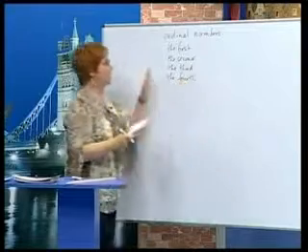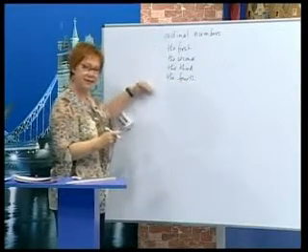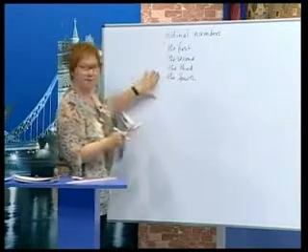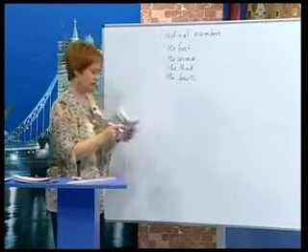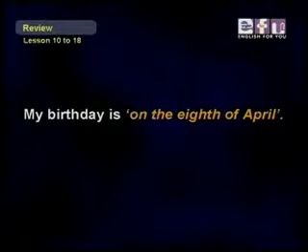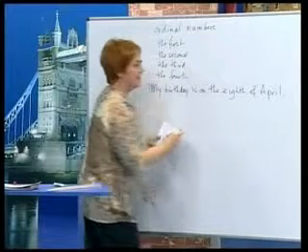Okay, so because we're talking about the order of days in a month here. Now, we usually use the. So, the first. So, if I say, my birthday is on the 8th of April, you can see that it's